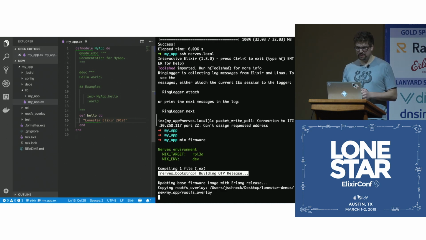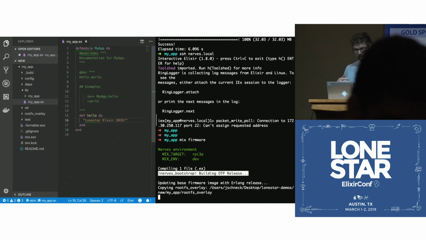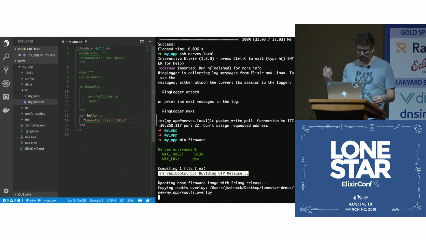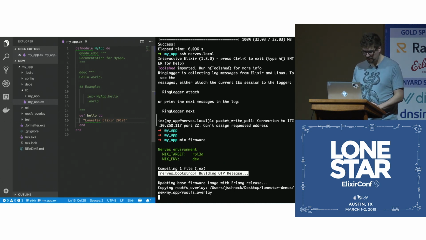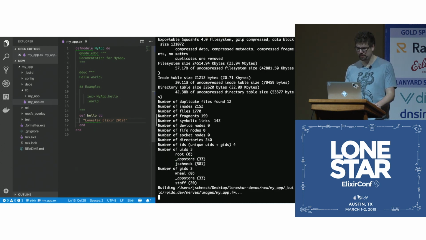Anytime you make a change like this, you're going to have to package it together. You mix firmware, and that'll compile and build a new firmware release for you right away. It takes a tad, especially when you're screen sharing. It's fun. So next thing I need to do here is